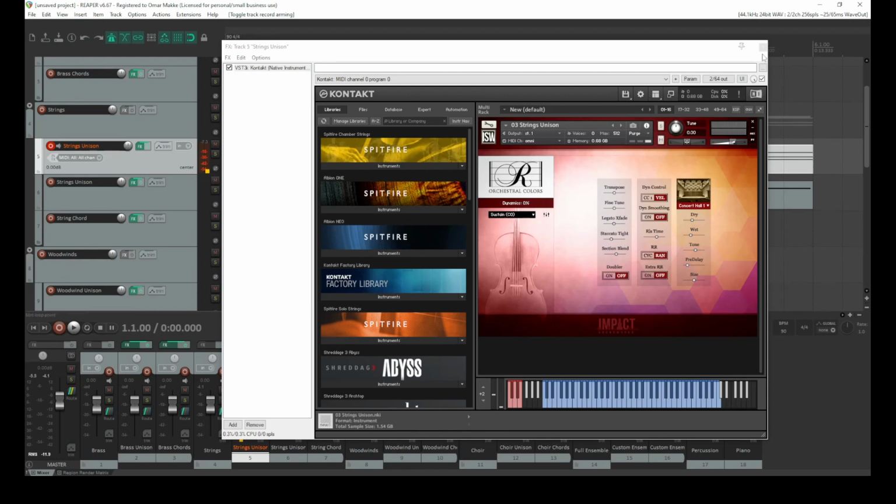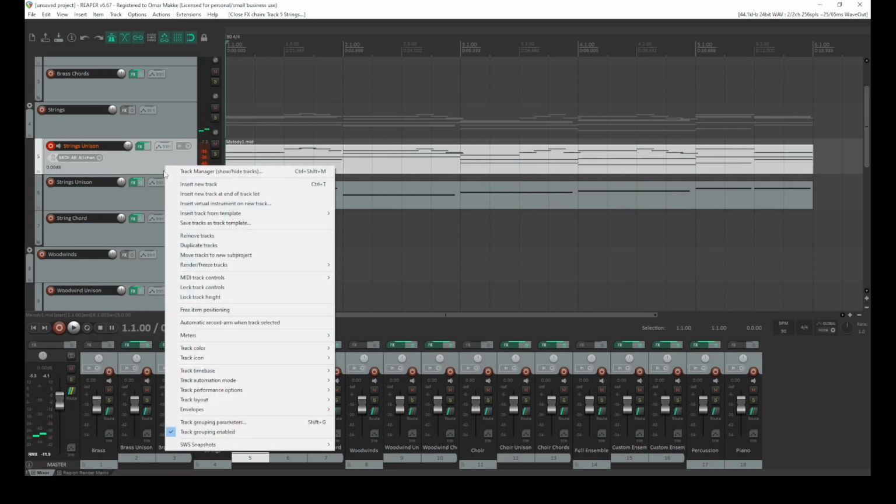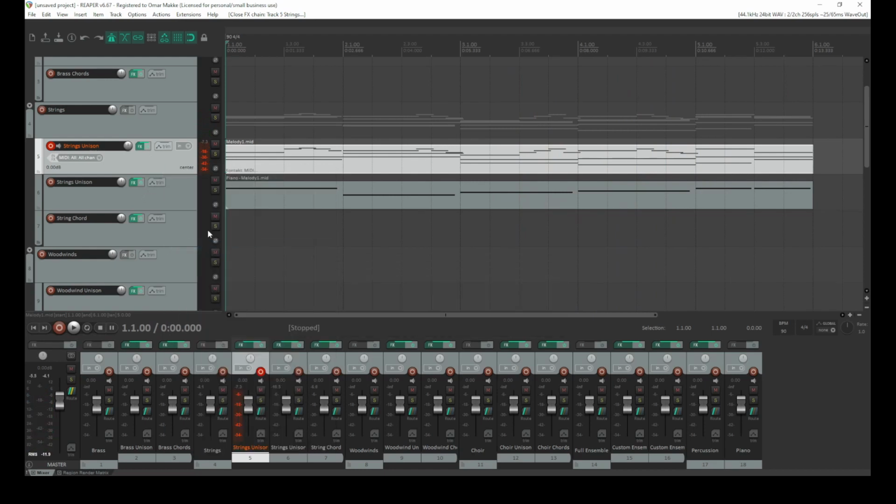That's an easier way, honestly. So that's how it sounds with a controller. Of course, I'm taking it to the extremes just to show you the range